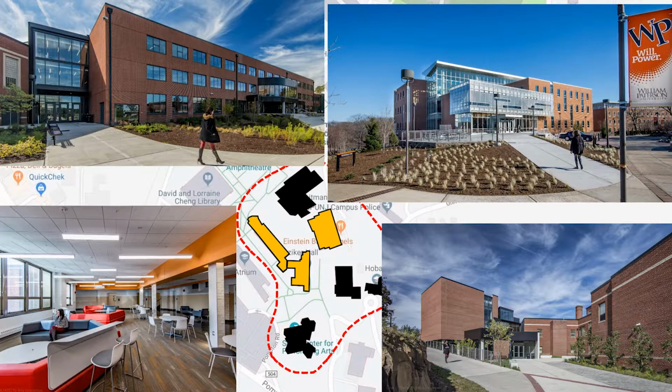The university's student body, it should be noted, is nearly 75% commuter students. Space for these students to touch down between classes was severely lacking, and it was at a premium. All of these architectural moves are happening around this central green space on campus. A goal of these projects was to create a new, dynamic center of gravity for this zone of campus on that green. William Paterson University did its due diligence and studied what it had, and then it dreamed about what